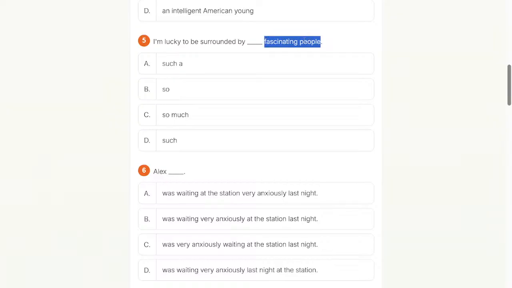I doubt that we use so, because so is used like: I was so bored, it was so expensive. We use so plus adjective. People is plural and countable, so we won't use much. So we just use such. I'm lucky to be surrounded by such fascinating people.